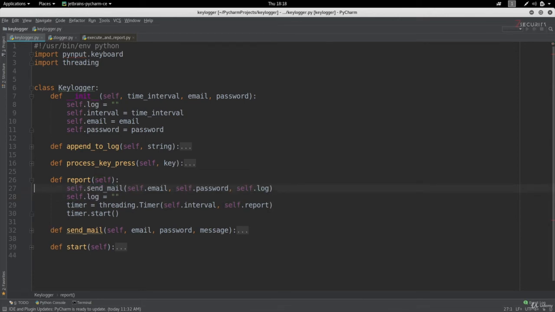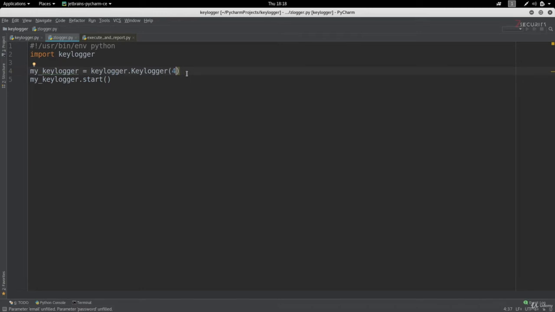I'm going to remove this print statement, and we are good to go. The only thing is we need to modify the way we're creating the object now. First of all, we have to give it the interval, and I'm setting it now to 4. So this is going to be for every 4 seconds, we're going to get an email with the logs that